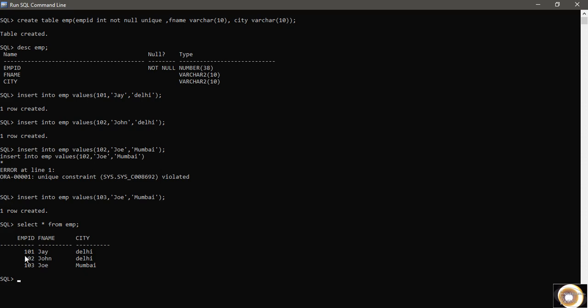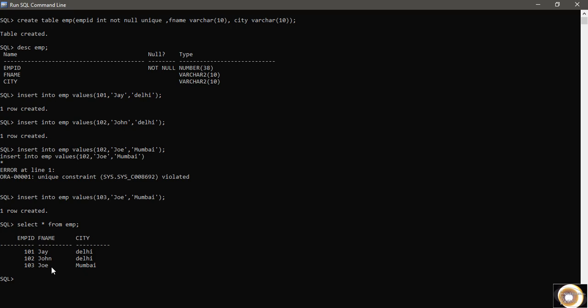So why is it unique? Because you have used unique and not null, both on employee ID, which makes each record unique from another record. Or I can say each employee in the company will have a unique employee ID, and employee ID cannot be null. That's what we talked about earlier. The same is the primary key. The combination of unique and not null can be specified as a primary key. A primary key is basically used to identify each record.